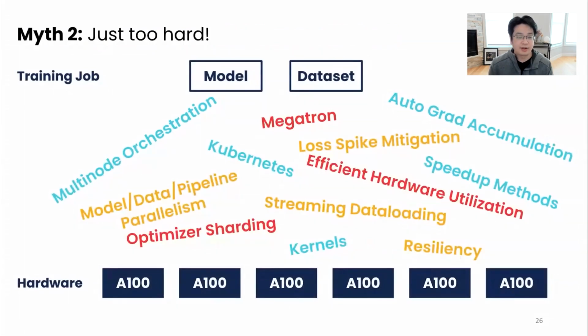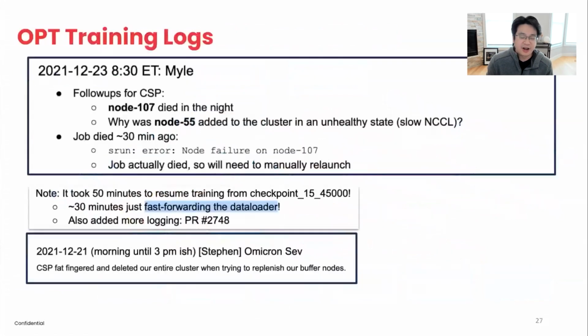The other myth that we've heard out there, especially from the platform and the infrastructure side, is that it is just too hard to train these models, right? As I mentioned before, for a large number of GPUs, the nodes can fail every so often. You have to deal with orchestrating these models. How do you stream the data in? How do you get access to the infrastructure? How do you launch these runs?